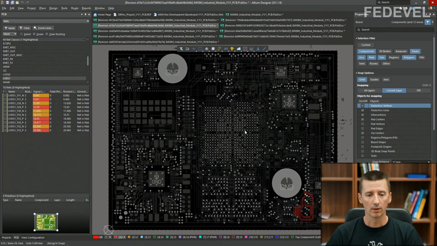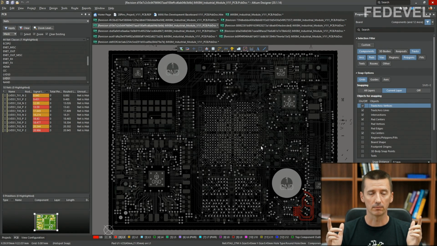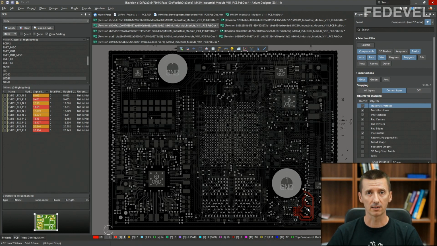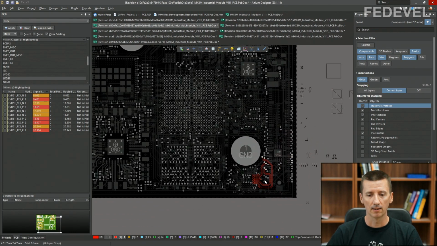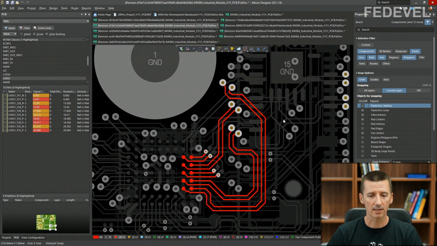We don't know the baseboard where this module is going to be plugged in. We don't know anything about the cable which is going to be used. We don't know anything about the display that is going to be connected to this LVDS interface. So the best we can do is length match all these LVDS signals to exactly the same length or very similar length.